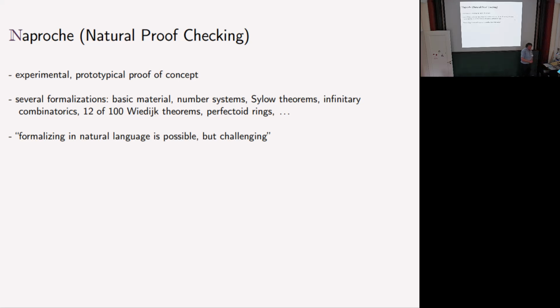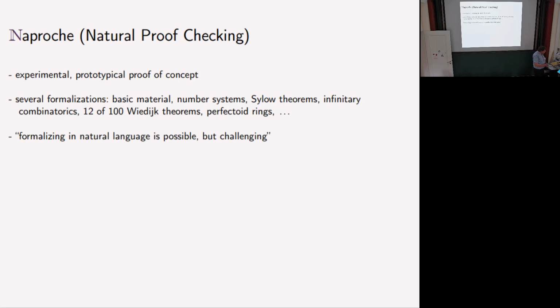So, how would I describe the Naproche system? Well, I think we can say it's perhaps a proof of concept of this idea of natural formal mathematics, or one aspect of it. It's very experimental, it's prototypical, it's very adventurous. At the moment, the system as we have it is really at its limits when you have these longish texts. For example, these perfectoid rings would take 1 hour on this computer until the definition is declared correct.